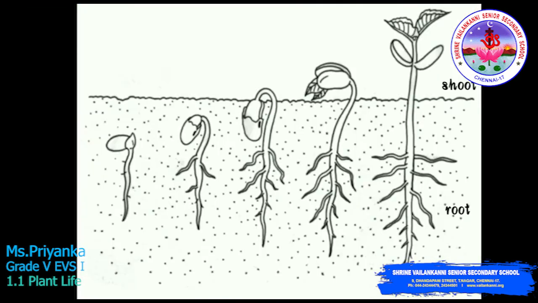So first, what will happen? First the seeds will start to take in water. Where will it take the water? In the first video itself I told you about the seeds and showed you the small hole that is present above the scar, right? So the water will be taken in through the scar. As the water is taken in, the seed starts to swell and get bigger until the coat splits apart.